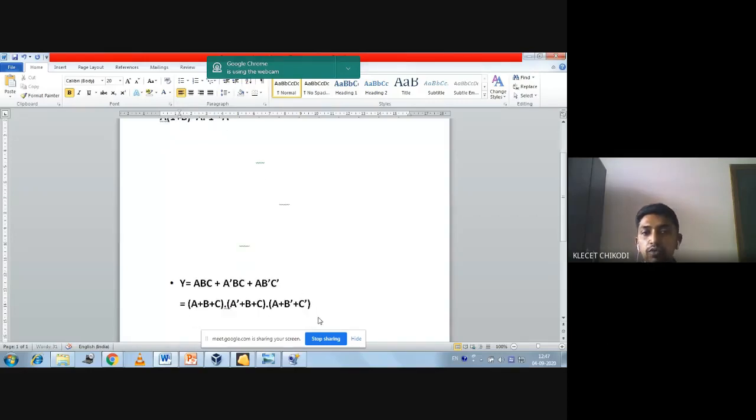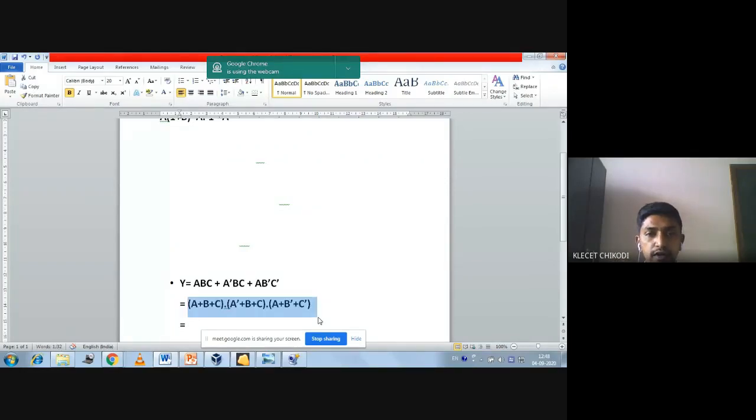But what we want is the complementary function. This is the first step of the complementary property. If they have told you to apply the complementary property to any Boolean algebraic equation, first you have to apply the duality property like this. After that, you have to complement the individual literals or individual variables.